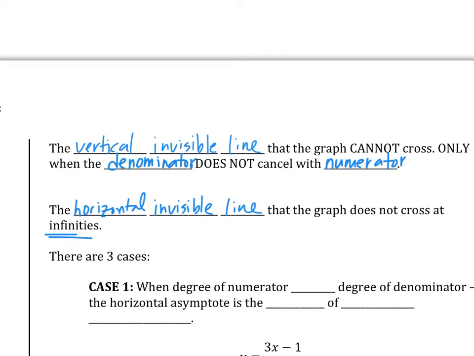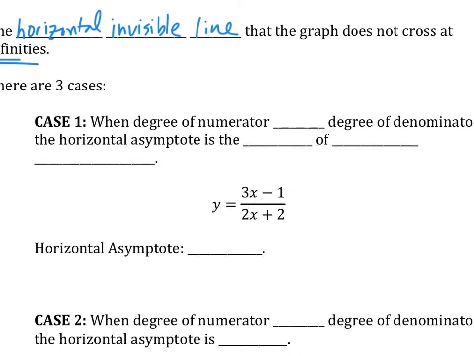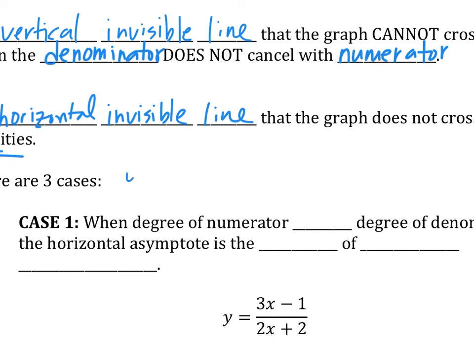Please be careful of that, because eventually we're going to graph things that do cross. So don't be like, oh my gosh, I'm supposed to not make it cross. Sometimes it does. Horizontal asymptote is a little tricky. There are three cases. When we talk about three cases, we're talking about the function being a